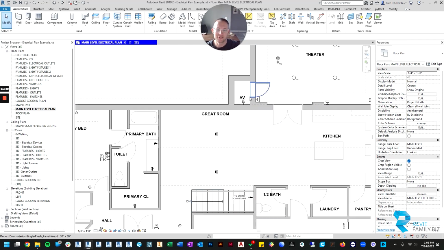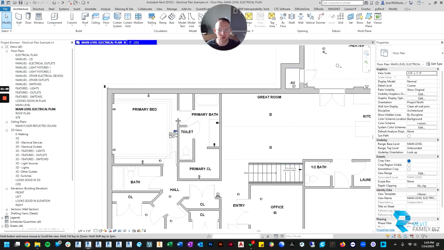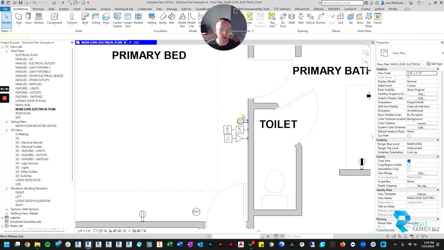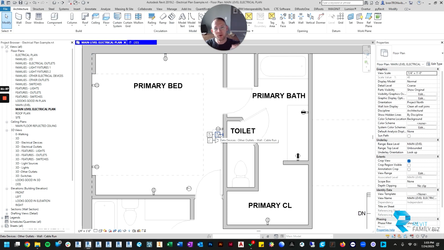If you've done electrical plans before with the out-of-the-box families or even ones you find online, you should already have noticed the workflow has been better than before. Any of those outlets that we put up high would have disappeared in your electrical plan by now, because when you put an outlet 4 feet up on the wall,